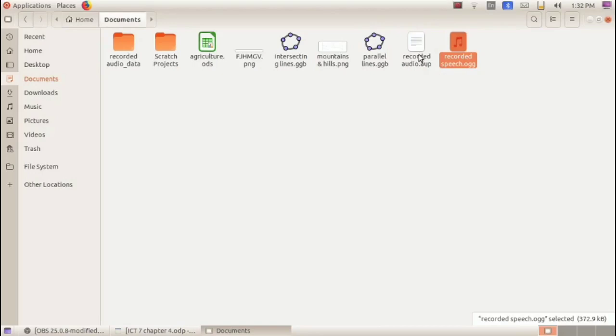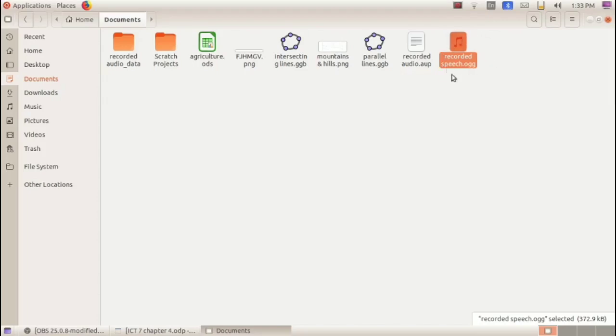Now, let's consider this file. The file extension is .aup. This file is the file that we have saved in our last class. That is saved as the Audacity project file. And the file extension is .aup. When we open this, it is opened in Audacity software. We can make changes to that. After exporting that audio, what is the extension? .ogg, or it can be .wav, mp3, etc. It depends upon the file format that we have selected while exporting that audio. Okay, we have selected OGG, so here we can see the file extension .ogg.